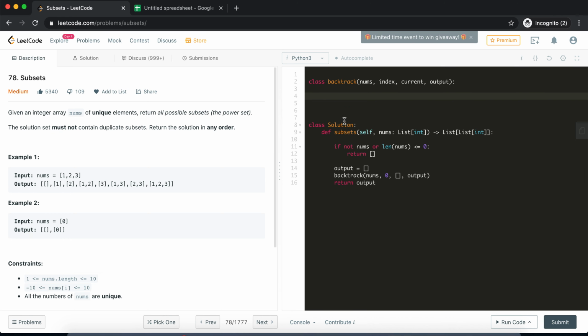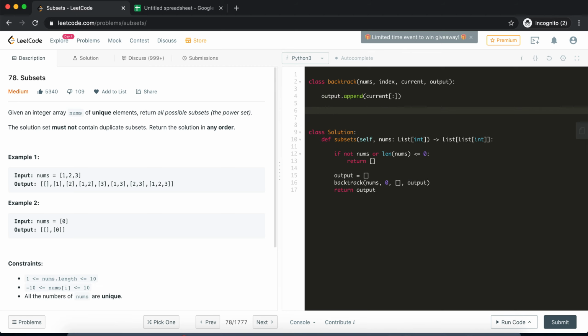So in the output I'll append this current permutation that is given to me, but I'll create a copy of it, because we keep on adding and removing elements from this current permutation, right? So whenever I want to take a snapshot of that particular permutation that I collected, it's better to create a copy and add it in the output, so that it is not getting modified afterwards.